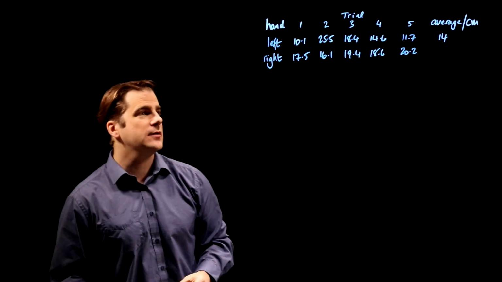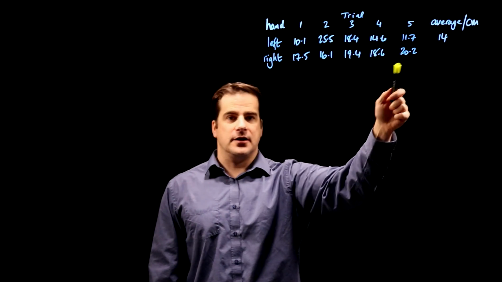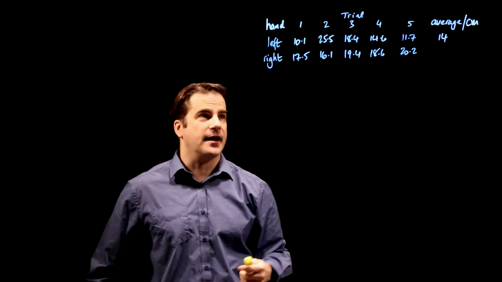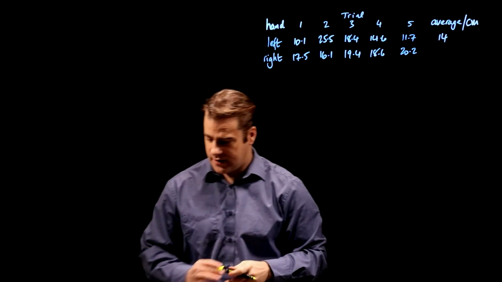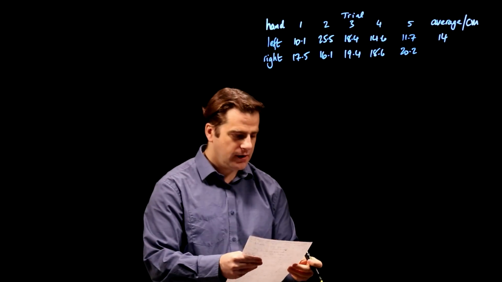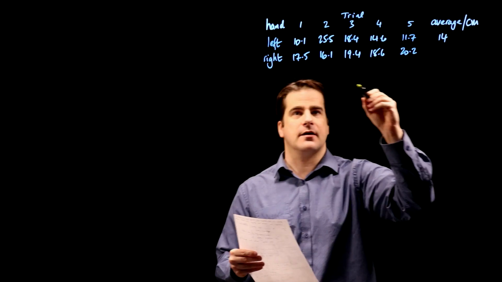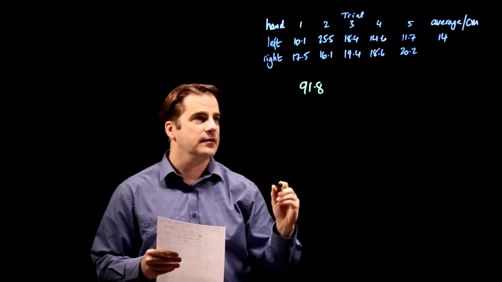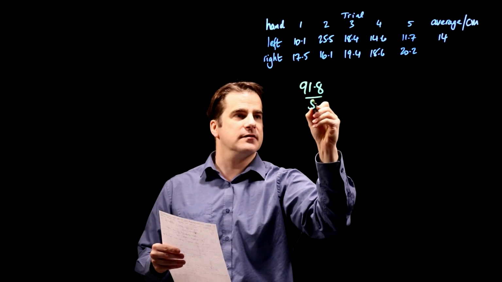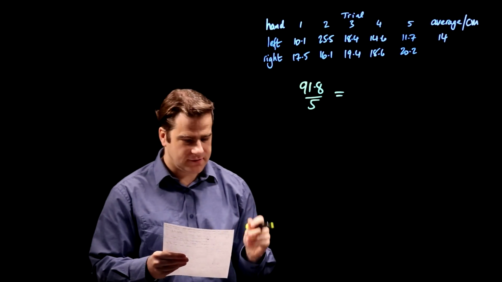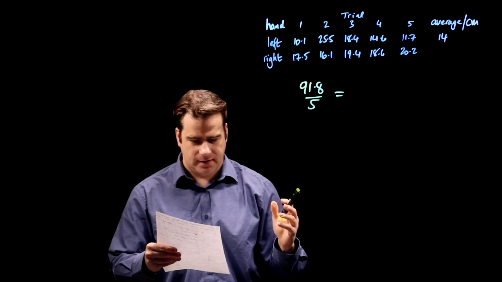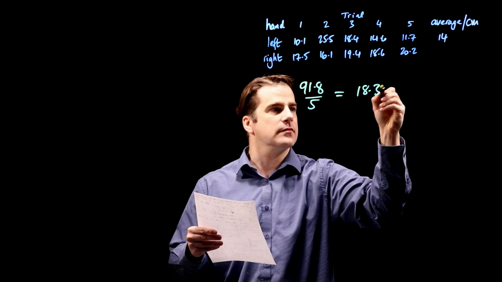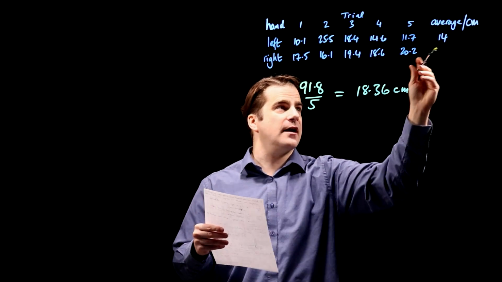Well, that's fairly simple. Add up these 5 values, divide by 5, straightforward, stick it in the calculator, and you get 91.8, those 5 added together. Divide by 5, number of trials, and that is 18.36 centimeters. Okay, this is average distance,